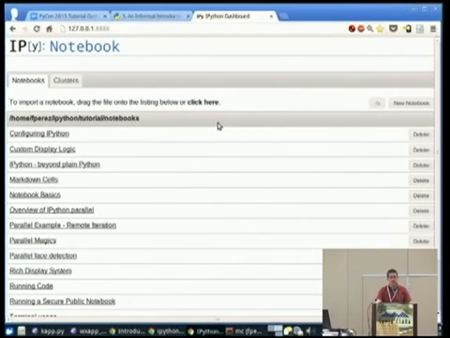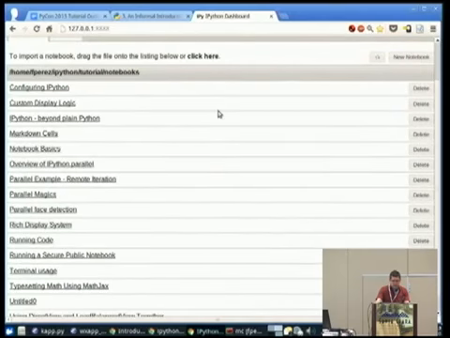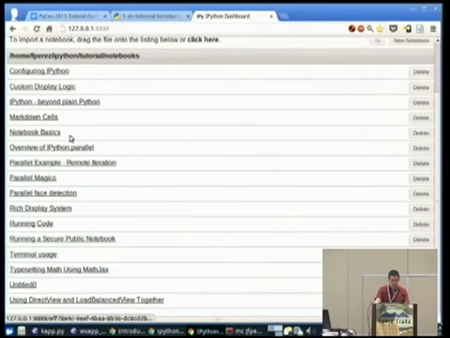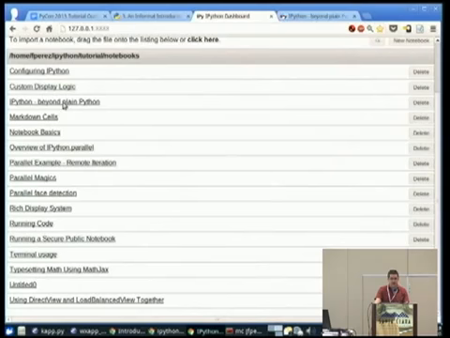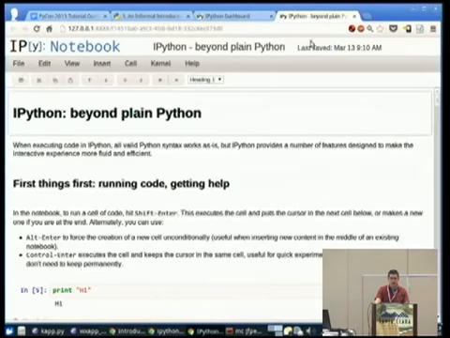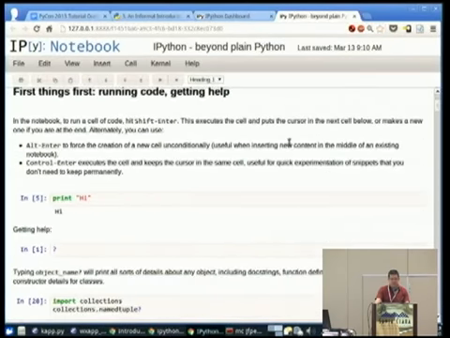What I'm going to do is we're going to start using it to see where IPython goes beyond plain Python. Because what IPython does is really go a little bit beyond what the plain Python experience is. And so if you click on this notebook, IPython Beyond Plain Python, you should see right here